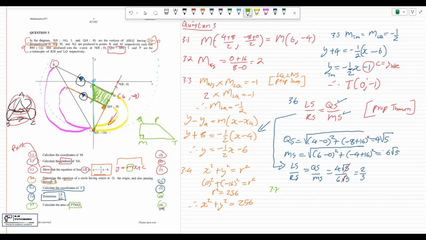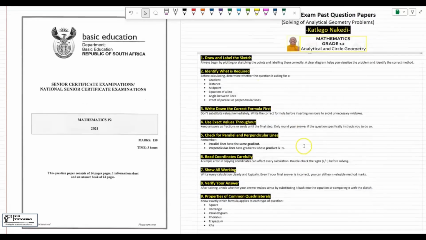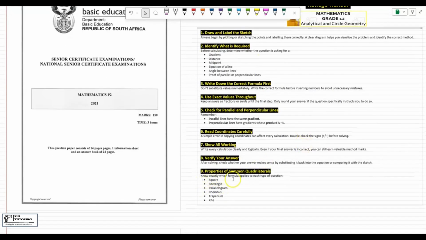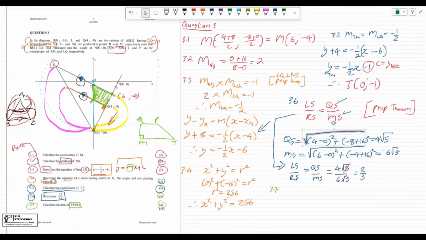So you can see that this is a very special quadrilateral. It's called a trapezium. It brings me back to the properties that I've mentioned there. You must know exactly which formula applies to each type of shape. And there you've got your trapezium, right? Square, rectangle, parallelogram, rhombus, trapezium, and kite. So you need to know the area of a trapezium. The area of a trapezium is